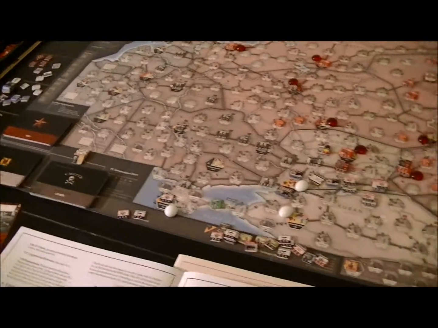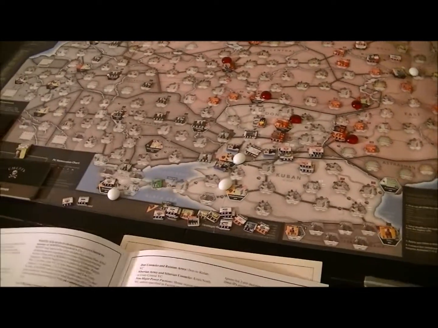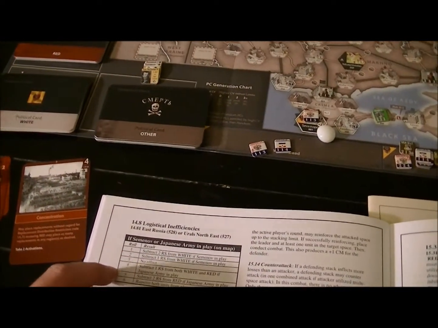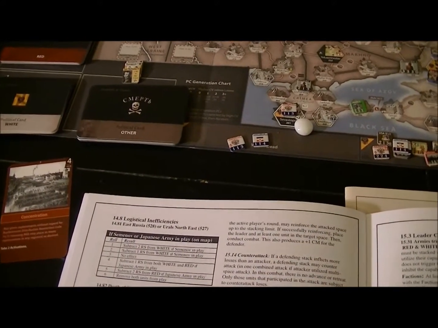Logistical inefficiencies, 14.8. What does that do? Okay, that's if Seminole or the Japanese are in play. And this is...